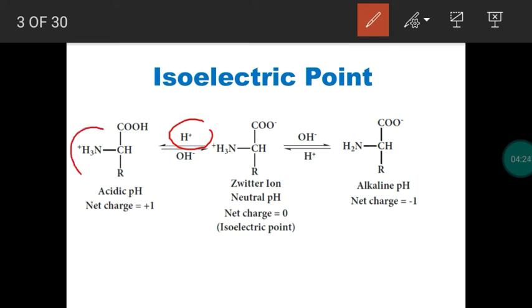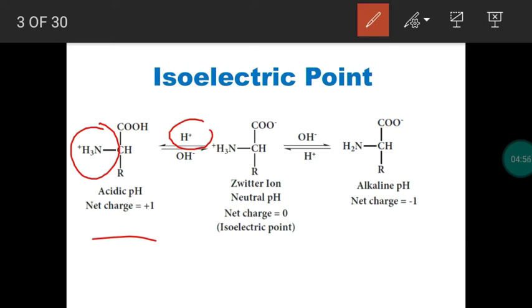a proton is attached to the amino group. In the amino acid, we have the functional group amine, so the amino group is present. That will have the tendency to make a bond with the proton. So in acidic solution, H plus is added to the NH2 of the amino acid. So it becomes a positively charged species. The amino acid gets a positive charge. Right? So this is the condition at which the solution is acidic in nature.